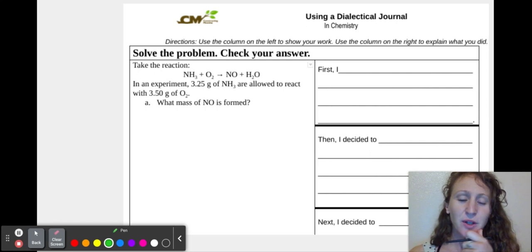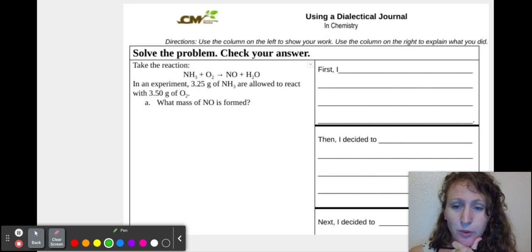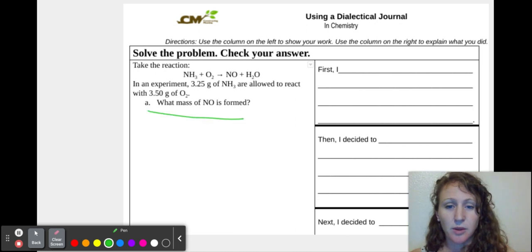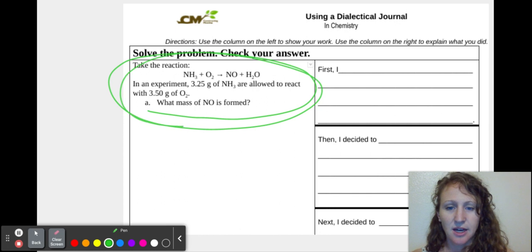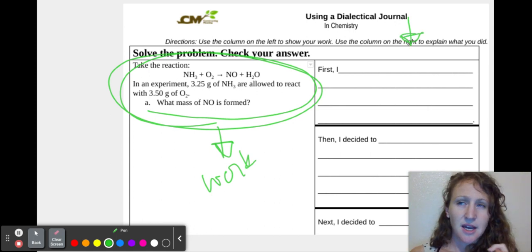Hey, chemistry. I want to go through a limiting reactant problem. And you can see on the board that I have a couple things. First of all, we're going to use a dialectical journal. With this, we're going to work on a problem, and you can see what the question is there. And on this side of your paper, you're going to show work. On this side of the paper, we're going to take a couple minutes and reflect on our work and see